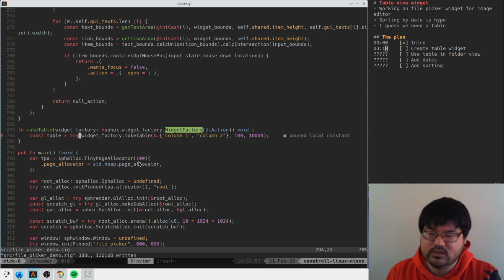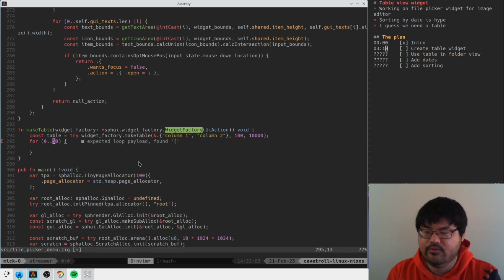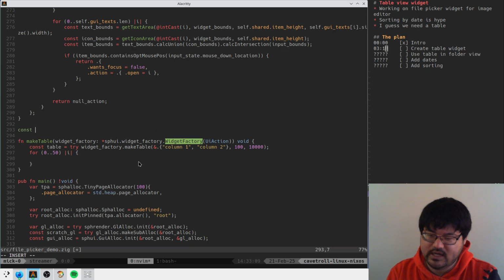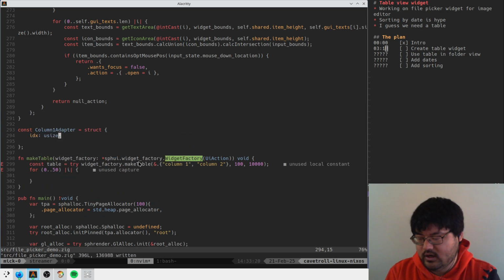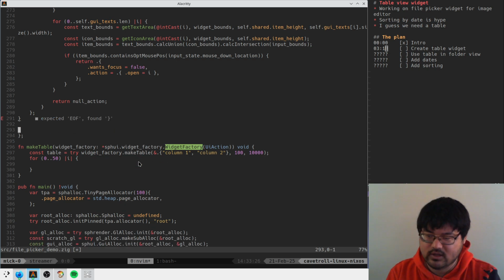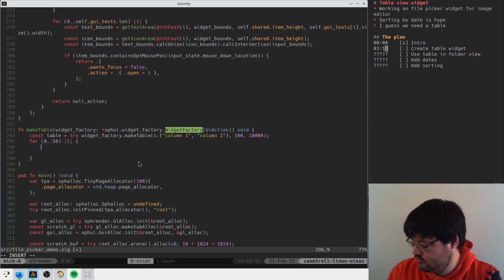Then we're going to make some widgets to push into this thing. So let's go 50 widgets. And I think that we're going to make some adapters here for the text. So we're going to have the column 1. He is going to be like, here's my index, and let me make you a string according to that index. I guess we don't have to do it that way. Yeah. Okay, so we're just going to go,